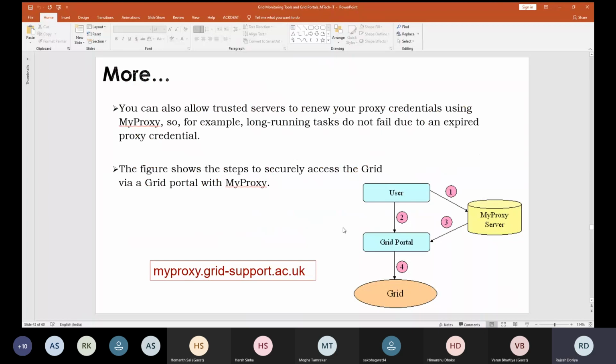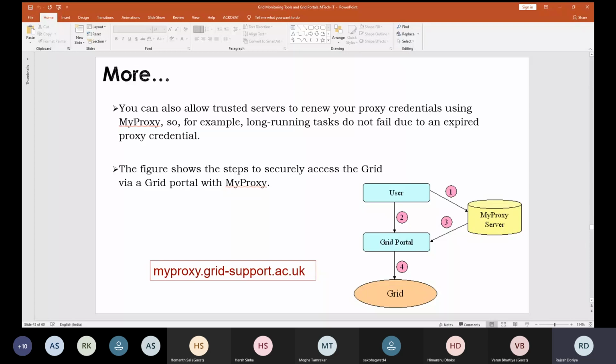Apart from that, there is one more thing, and that is you can also allow trusted servers to renew your proxy credentials using MyProxy. So it may be possible that there are some tasks which take a long time, and by that time your credential may expire, or the session may expire.